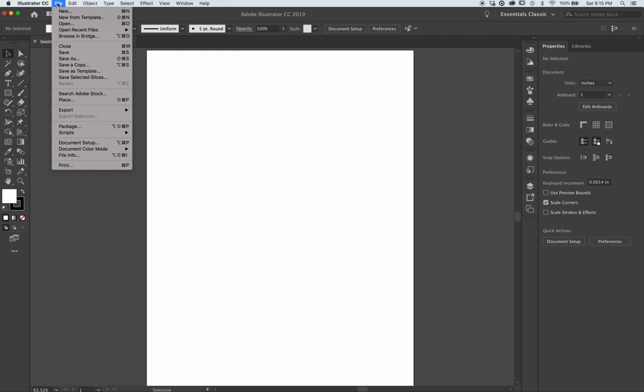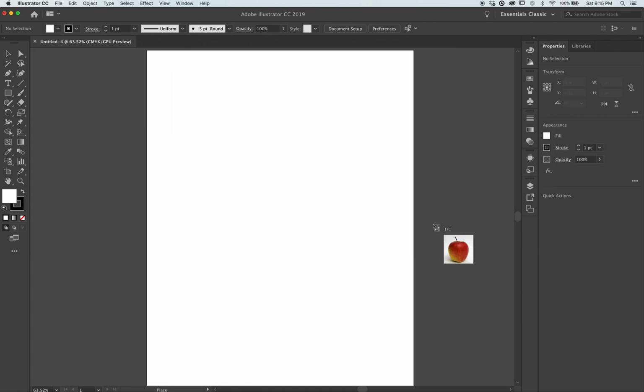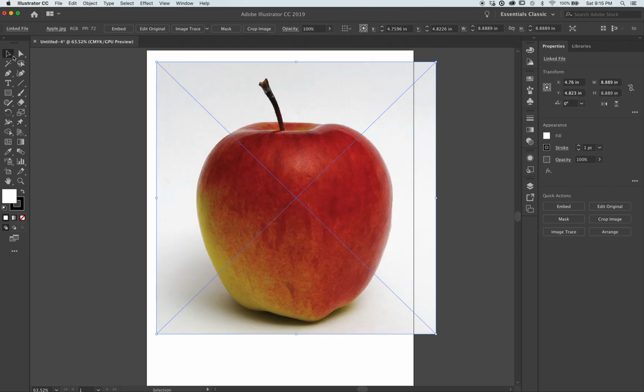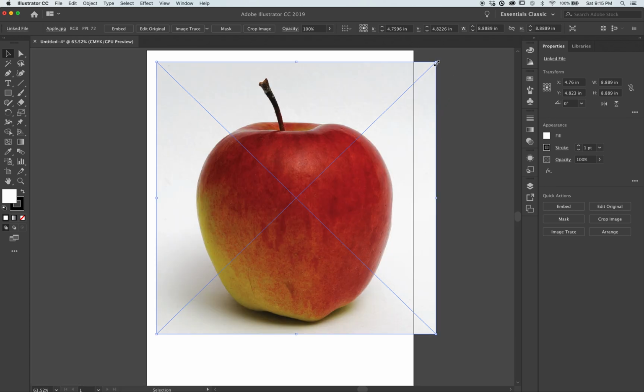So I'm just going to start off by going to File, Place to go and locate the image that I'm going to be using, and I'm keeping everything on my desktop. And this one's the Apple JPEG, that's what I'm looking for. Placing this image, click. So again, you can see that there's an X through it. If I hit Command Y or Control Y, you can see there's no vector information. Control Y to toggle back. Now I've got my black